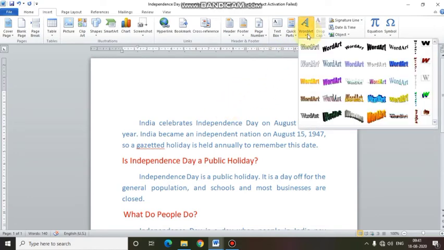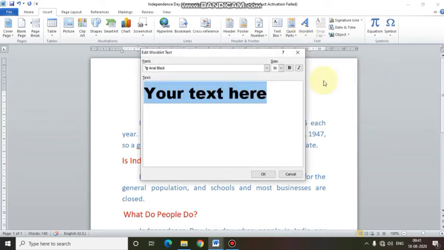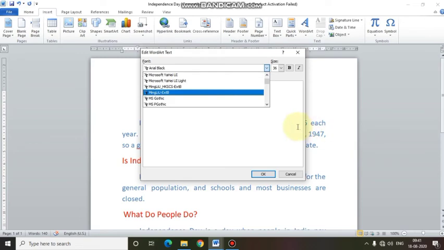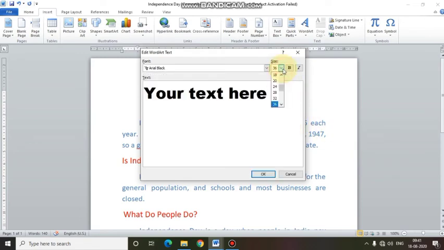Now let's choose a style. Let's choose this style. Now write the text, or from here you can choose different writing for your word art also, and size also. Let's write the heading of our document, that is Independence Day.